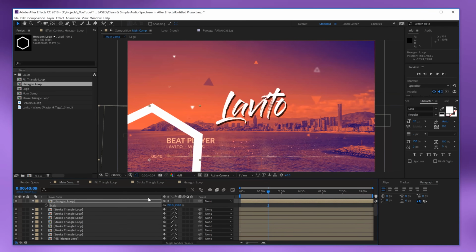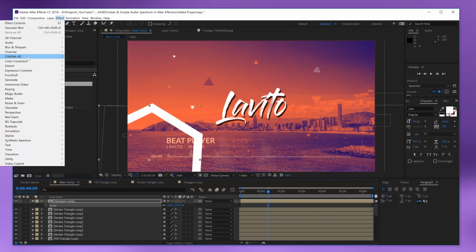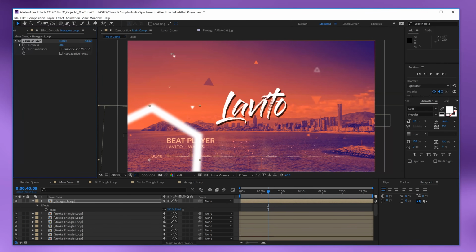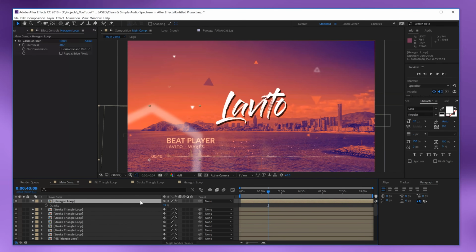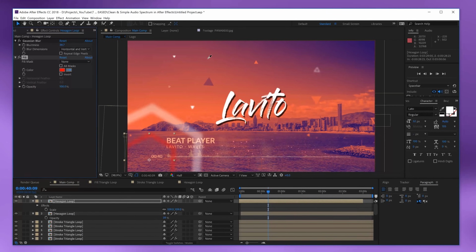You can also go ahead and play with some blur, so blur and sharpen. Gaussian blur, just increase it like this. Press T on the keyboard to lower the opacity maybe a little bit. Then duplicate that one. Press S on the keyboard, scale it down, offset it a little bit like that. Maybe go to Effect, Generate, and add a fill to it with some of the colors of the background. Maybe less of the blur,